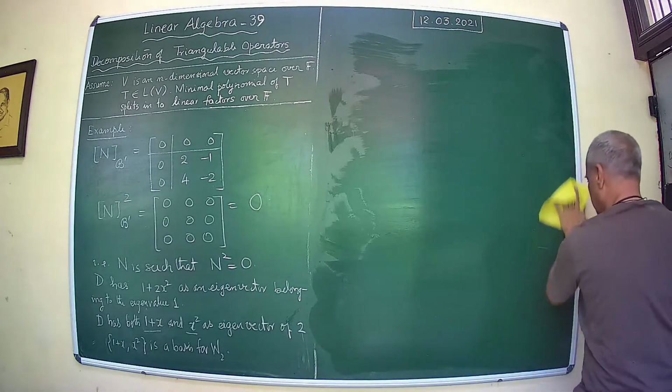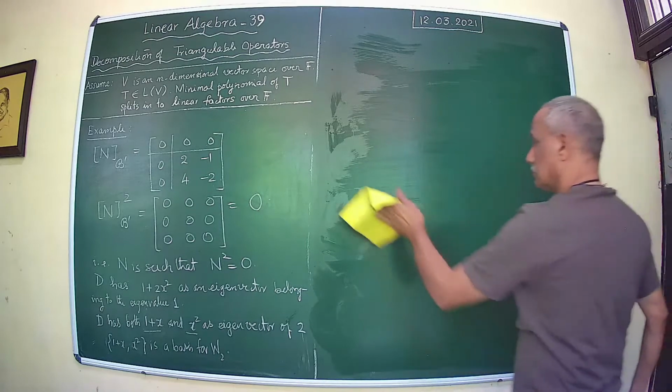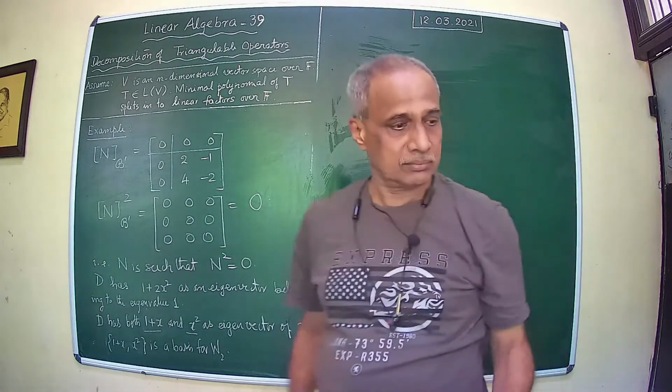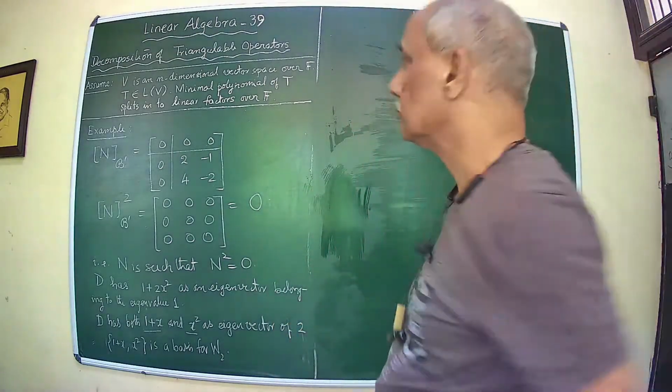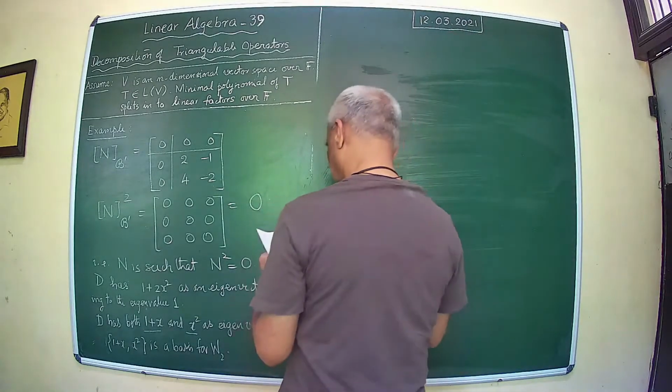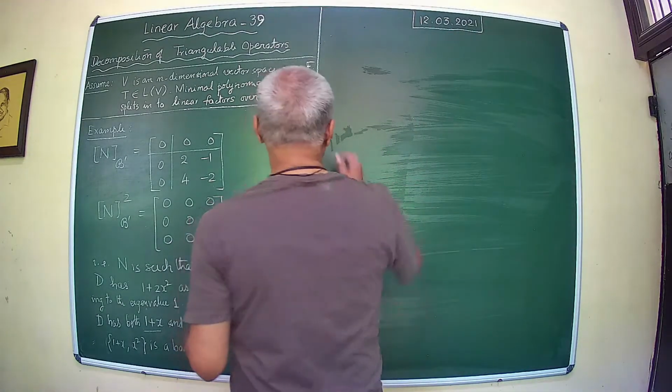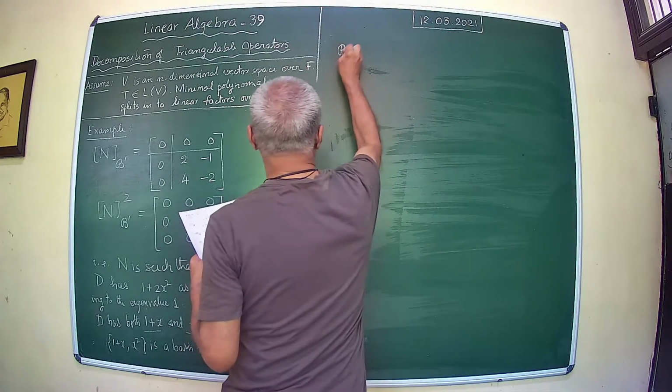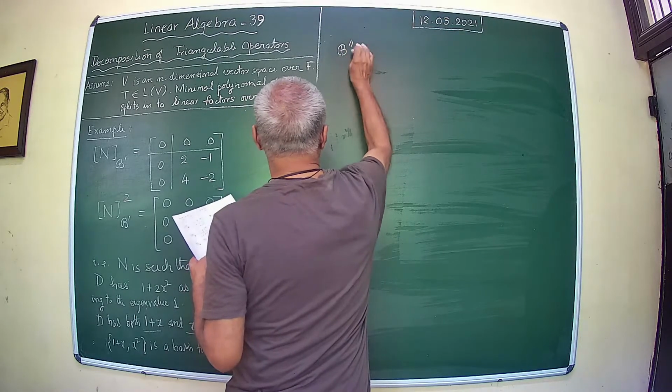Take a different choice. So let me choose B double prime to be